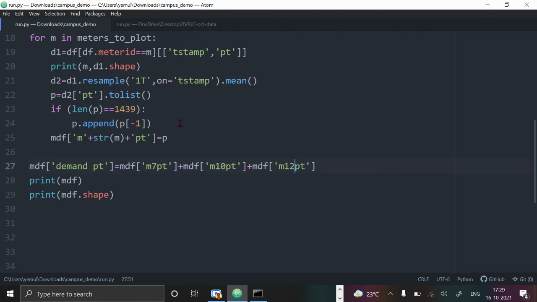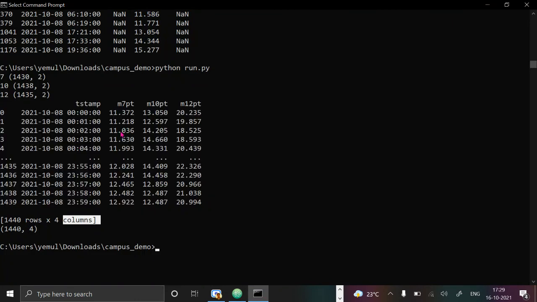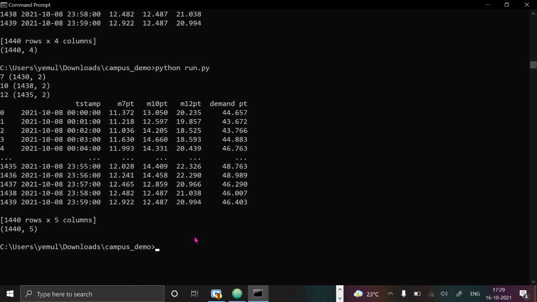There were four columns only, one timestamp and three meters. So now you see what happens. Now I'm getting five columns, and the total demand is here. So 44, 43. It's actually 11.3 plus 13.05 plus 20, which goes to 44. So I'm now getting the total demand curve.